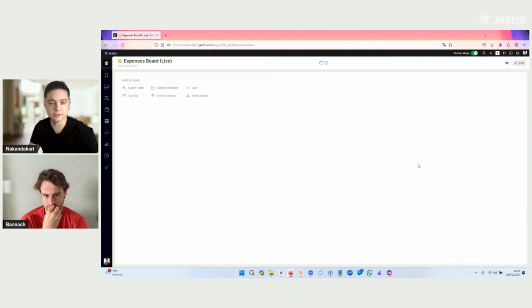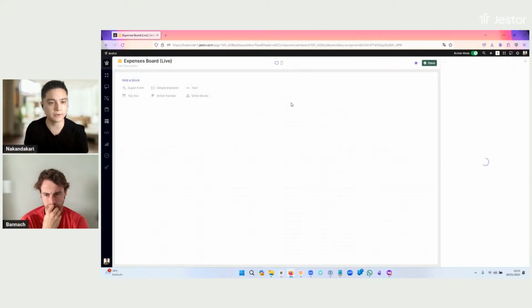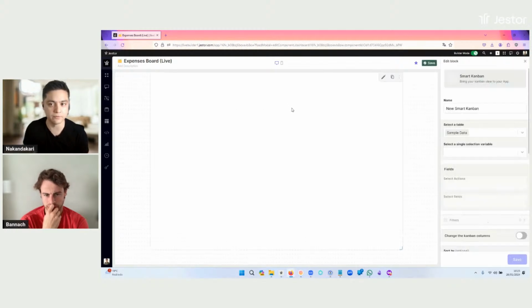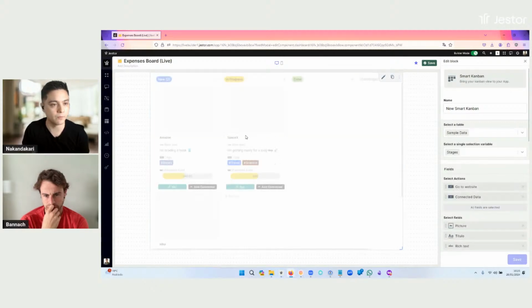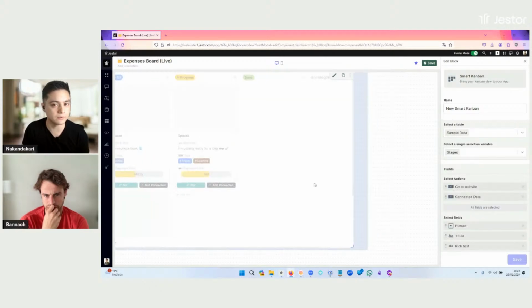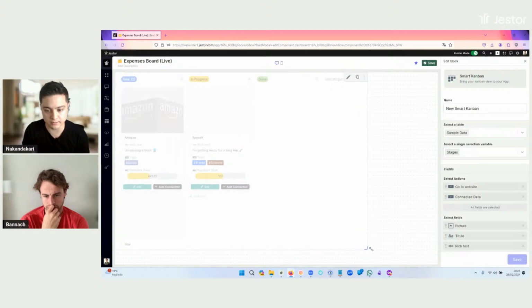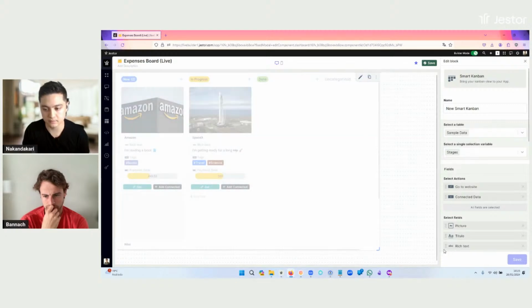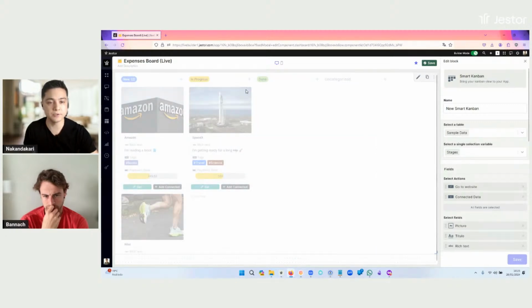Okay, so if you guys remember, we have a Kanban board on the other app. I'm just going to click on Smart Kanban, and this is going to automatically create a Kanban board for me with example information. So we wait until it's created. We're going to just move it and resize it. There you go. So this is a Kanban board, and this Kanban board has to see information and manipulate information